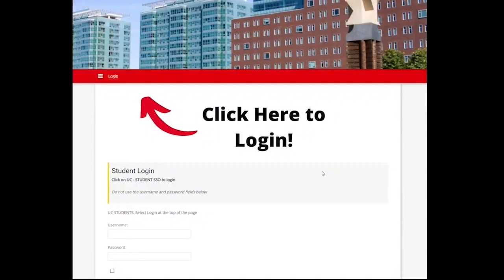This instructional video will take you through what to expect step by step during completion of the housing application. From your Bearcats portal, you already clicked the Apply for Housing button and you will land on this login page. You will click the Login button